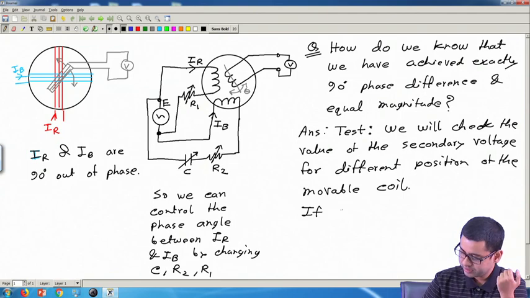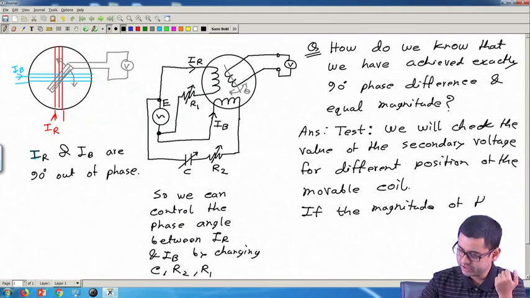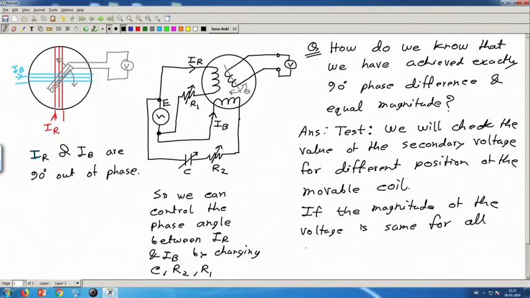If the magnitude of the voltage is same for all different positions, different positions means theta, the angular position of this coil, then